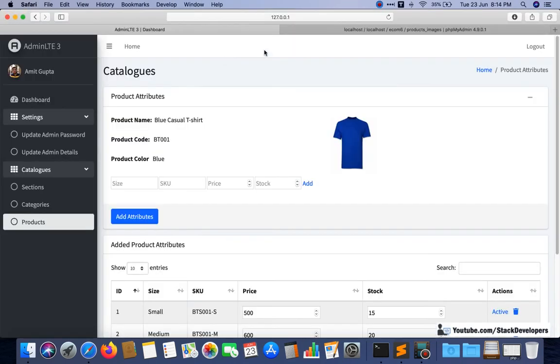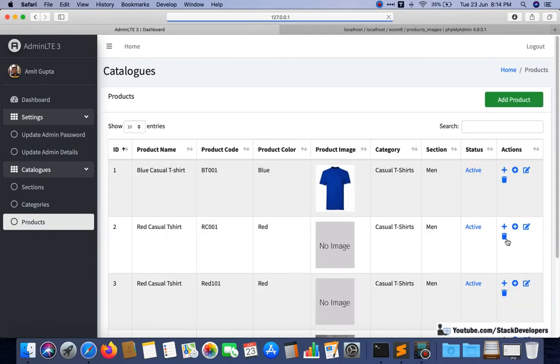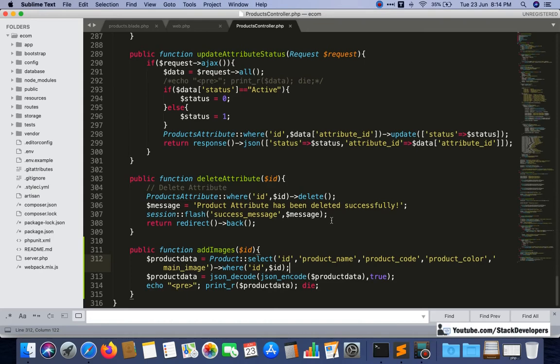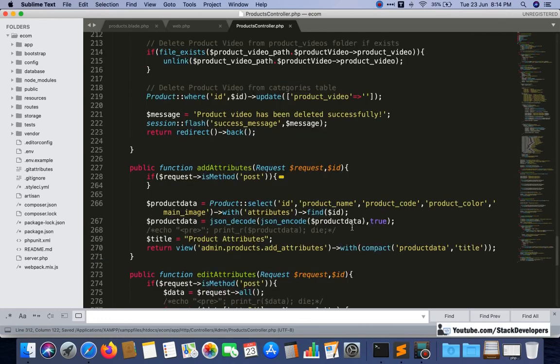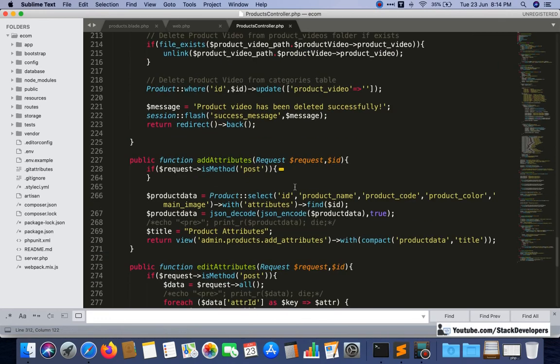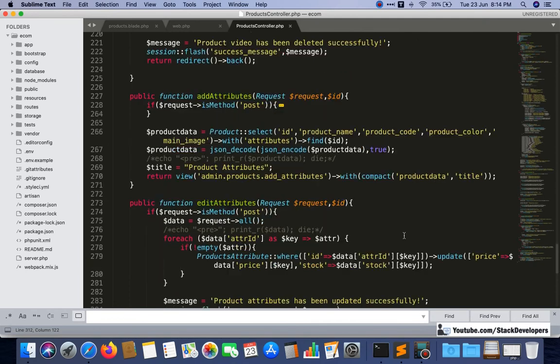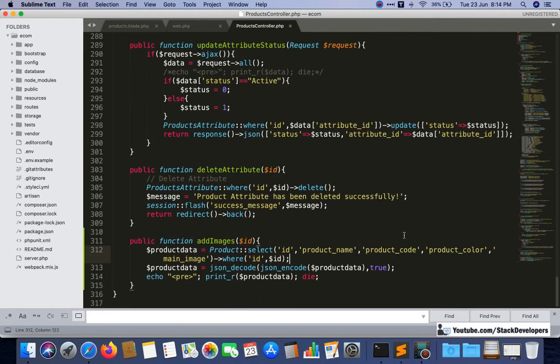Now we are going to check once again. I'm going to products and we'll click on this one, and here nothing is coming, and we need to see why the data is not coming up. Add attributes, id, $id is here.